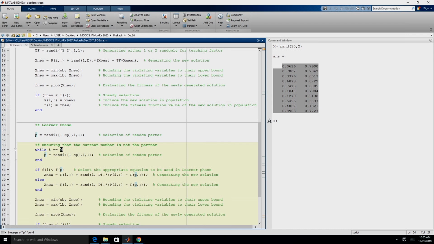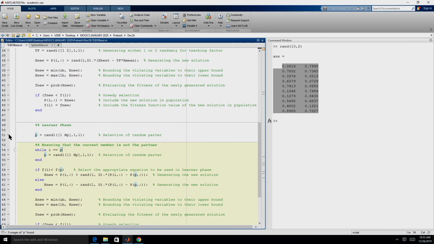So, line 51 may give us p equal to 5, like the fifth member is the partner of the fifth member, right. We want to avoid it, so we have this while loop. If this condition happens, then we generate another random number. This while loop will ensure that we get a partner which is not equal to i.